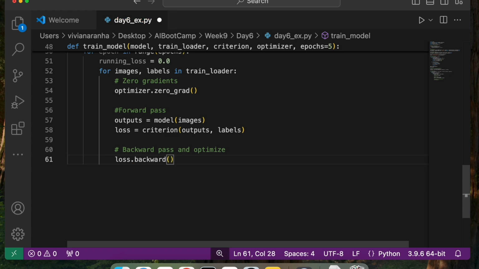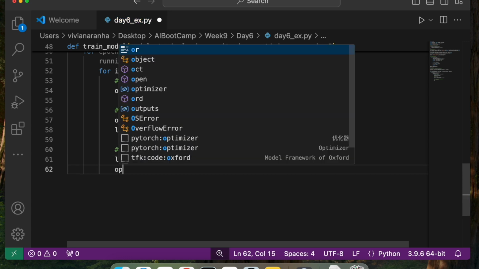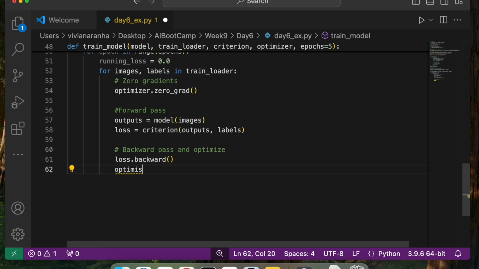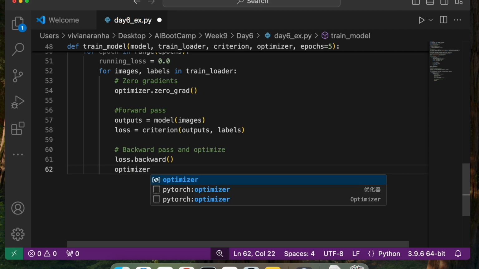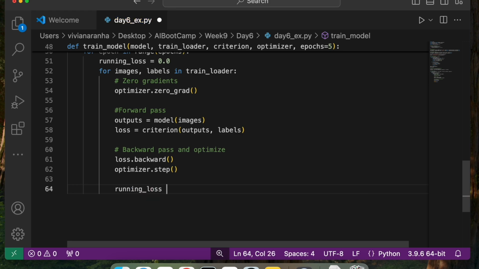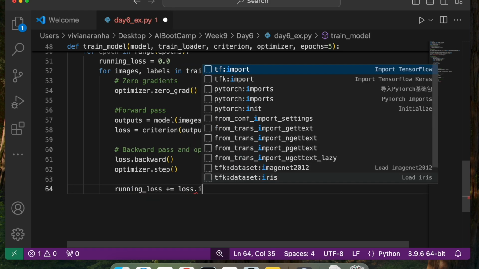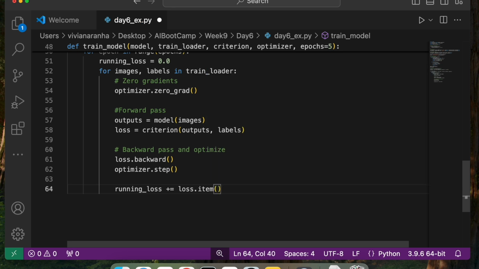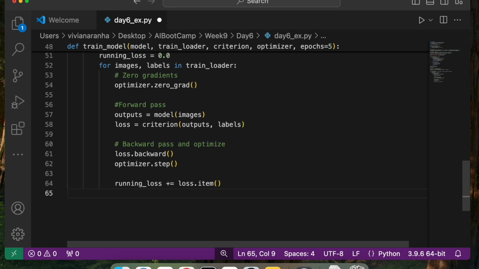This will compute the gradients for backpropagation, and then optimizer.step(). This will update the model parameters. Then the running loss that I've created above, I'm going to increment that by loss.item().